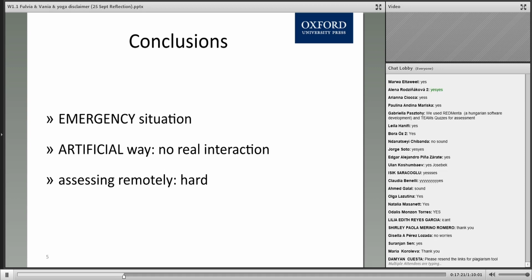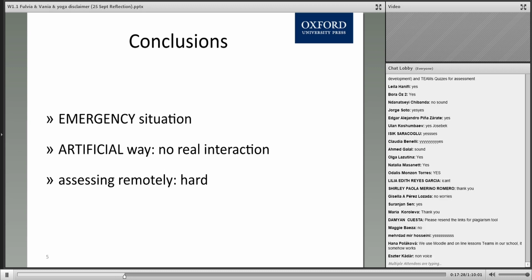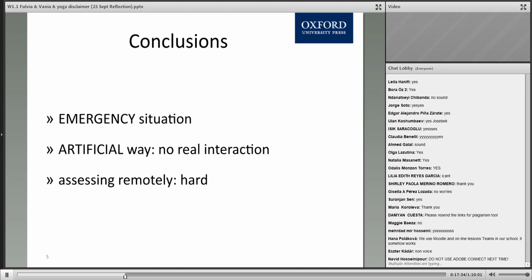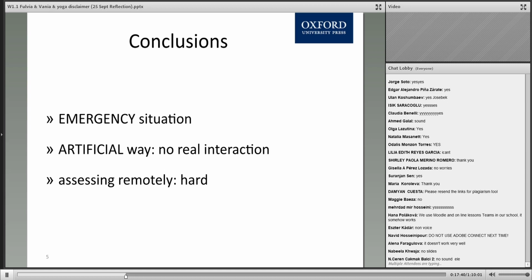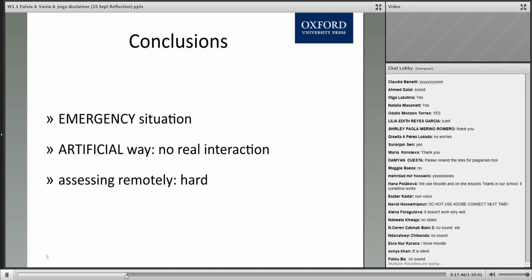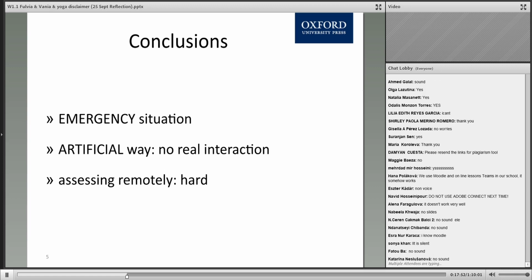Perfect. So let's see. Vanya, I'm going to ask you to open your camera and your mic, just to have the sound check. Fulvia, thank you very much. We have some questions here, but I think the audio is not working. So at this point, what we can do is a sound check. I think they're still working with the sound check. So, Vanya, what I suggest is for you to log out and log back in to the session. Meanwhile, teachers, let's